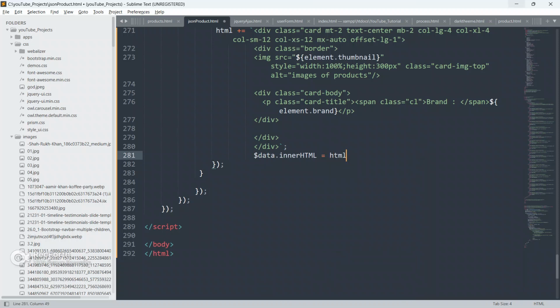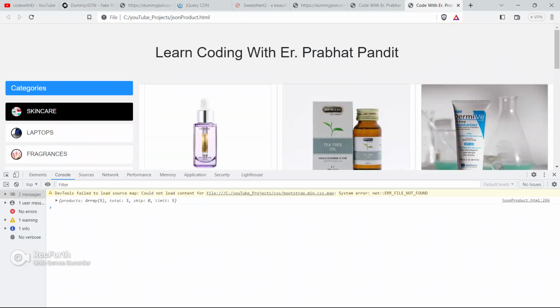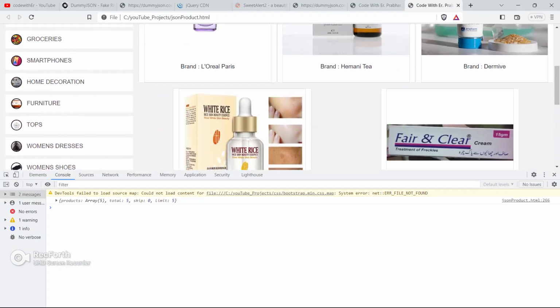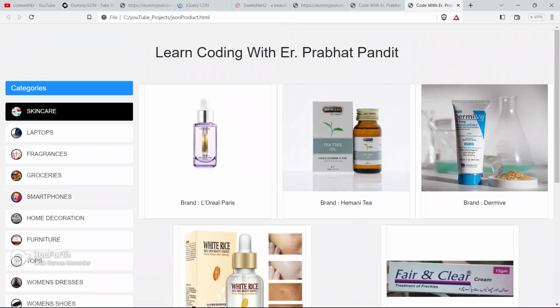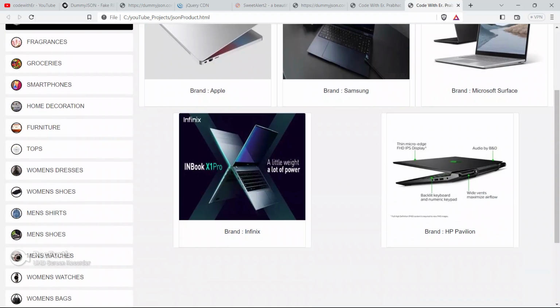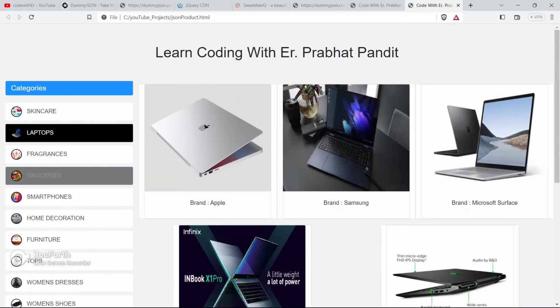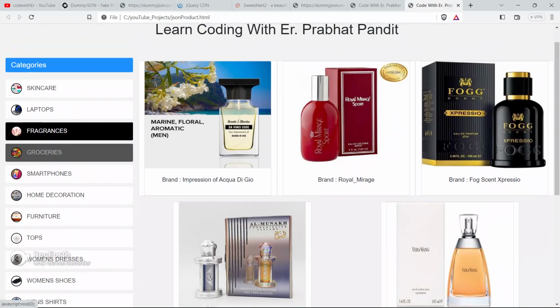So now this data dot innerHTML would be this HTML. Save your code, go to the browser and refresh your page. Click on the skincare now. As you can see, we got the result here. See, it works, guys. Boom, it works.